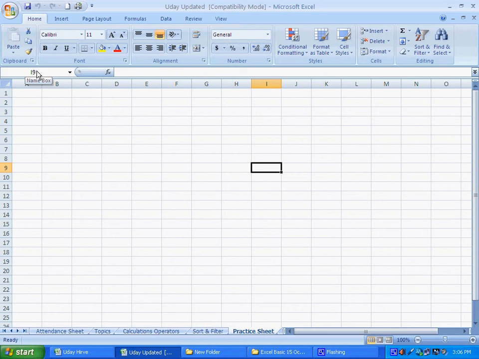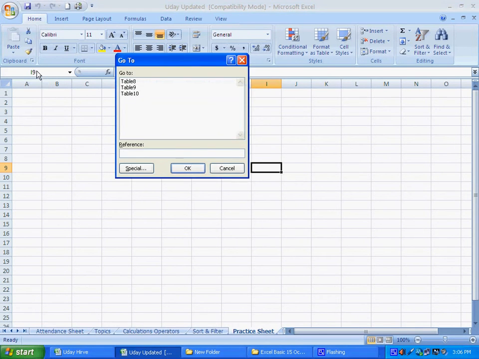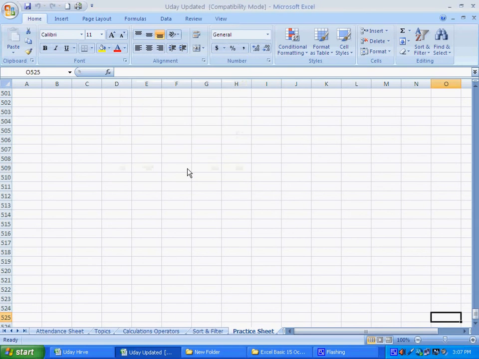Just press the F5 button. You will come across a Go To window. Now over here I will just write O525 and press OK. You will go to cell O525.